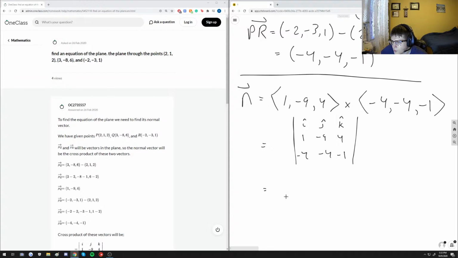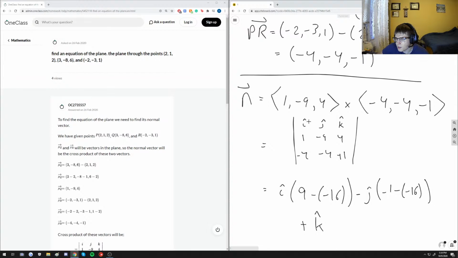So first of all, consider the i hat term, and the way I do it is I ignore the column and the row, and then I take the determinant of this smaller matrix. So we get 9 minus 16. And then because we are doing a 3 by 3 determinant, we have a subtraction here, so minus j hat times minus 1 minus 16. And then we get plus k hat, so ignoring this column and this row, I accidentally just drew a plus there, so ignoring this column and this row, we get minus